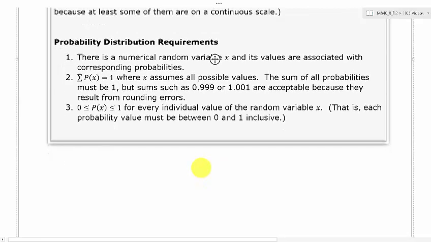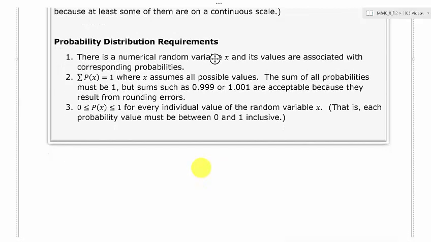Next, we have the requirements for a probability distribution. There are 3 of them, so all 3 of these have to be met in order for something to be considered a probability distribution. The first one is that the random variables are numerical values. The second one, this symbol